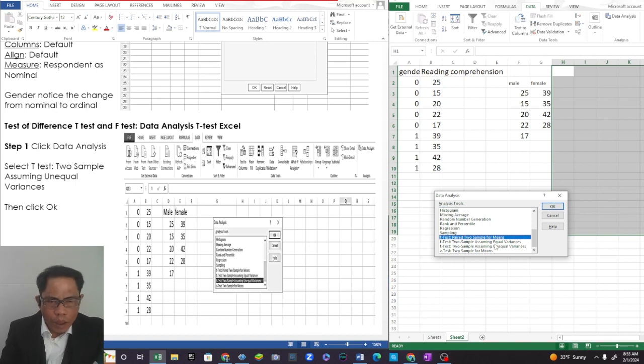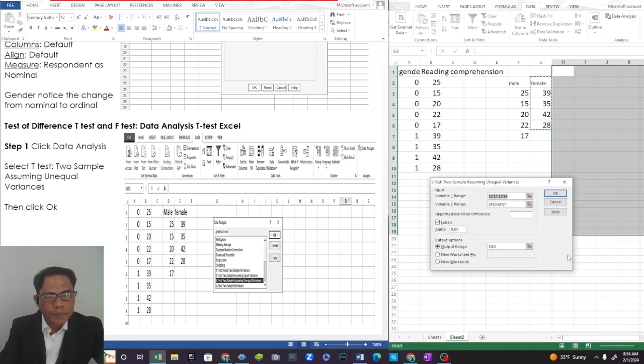And it will generally generate the same result. I always suggest using unequal variances because we really don't know the variance of this data. So click OK here, and let's change that one. Okay, so for variable one, we use,